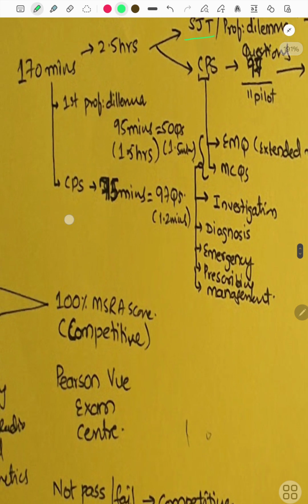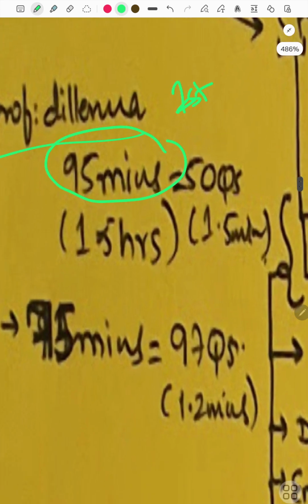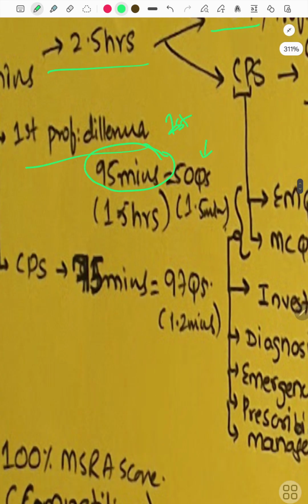First, let's talk about professional dilemma part of this exam. So as I said, it's a 2.5-hour exam. From there are going to be 95 minutes, and this is going to be the first part of your MSRA exam on the day of your exam, which would deal with the professional dilemma paper. It'll be 95 minutes paper, and you would be given 50 questions, out of which, I guess,